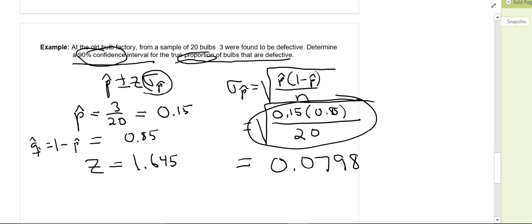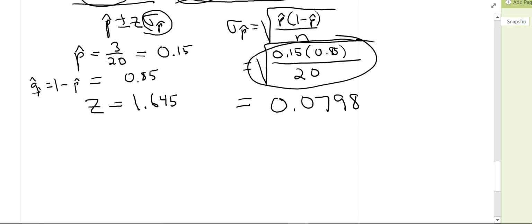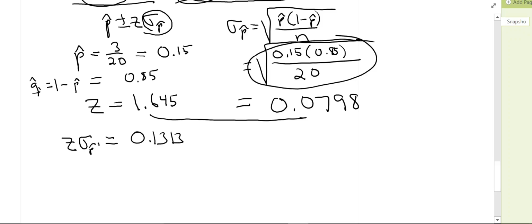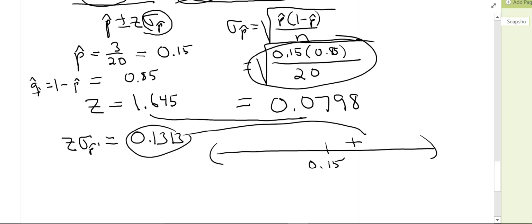When I now multiply Z by this number, I get Z times sigma of p hat, which turns out to be 0.1313. So I have everything I need for my formula. We're looking for a confidence interval centered at the sample proportion, 0.15. We're going to add this number, and we're going to subtract that number. When you add it, you're going to come out with